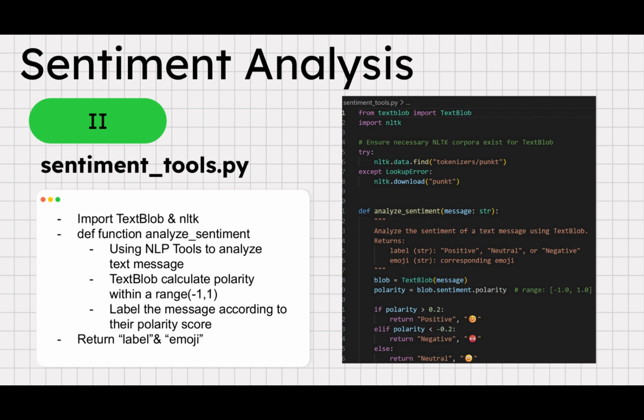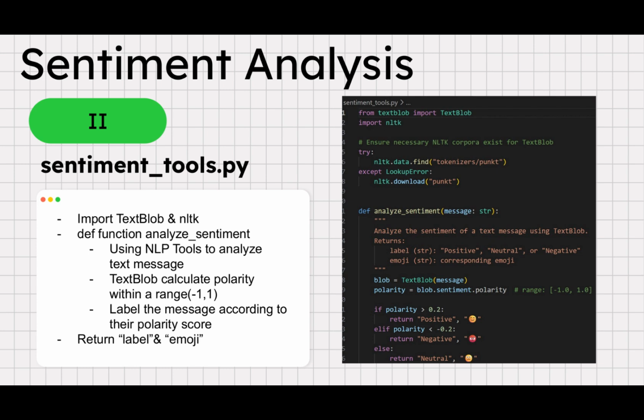First, we wrote a core function, analyze sentiment, in the sentiment_tools.py file. In this file, we imported the NLTK and TextBlob libraries. Among them, TextBlob is responsible for calculating the sentiment polarity of the text, a value ranging from -1 to 1, while NLTK serves as an auxiliary natural language processing tool. After that, we label the messages according to artificially set ranges. For example, a polarity greater than 0.2 is judged as positive. Finally, this core function returns a label containing positive, neutral, negative, and the corresponding emoji based on the polarity and